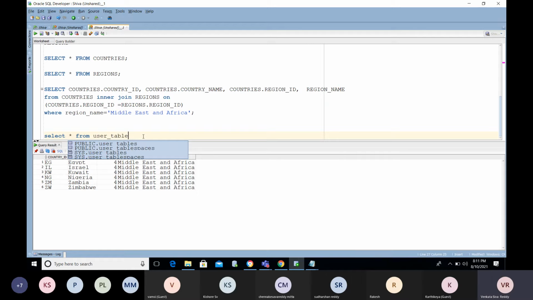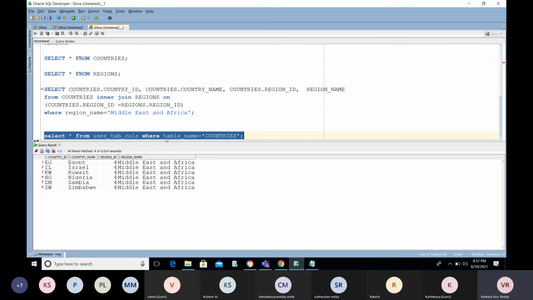We already did the same thing earlier. Now we have two tables. To identify whether it is a small table or a big table, no need to think about all those things.